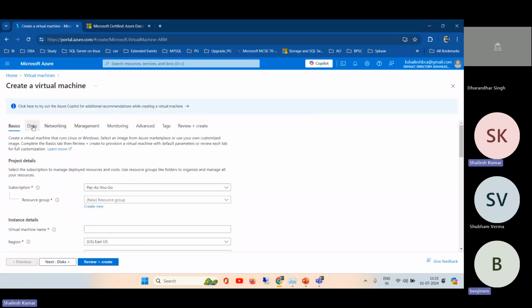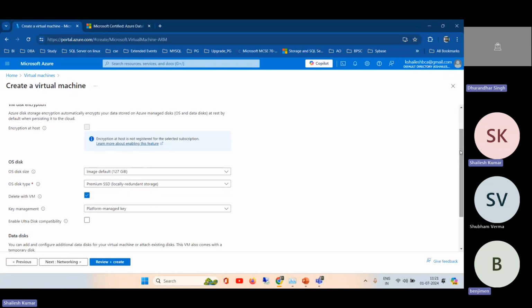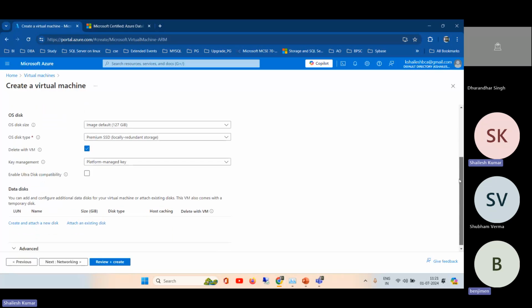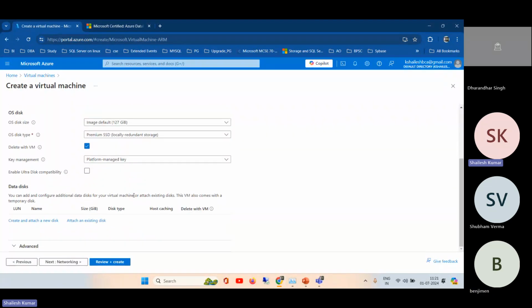Then here is the disk, about which disks we are going to attach here for the rest of the data. Basically in SQL Server, or any RDBMS, we have a C drive by default for the operating system, that is Linux or Windows. And then the rest of our data files, log files, tempdb, msdb, and other binaries have different directories, or we can say storage we have to assign, as best practice for the tuning part, or for optimal access of the databases from the application. We can also assign a LUN, a logical unit number, here, that is 11. We can just add it here.